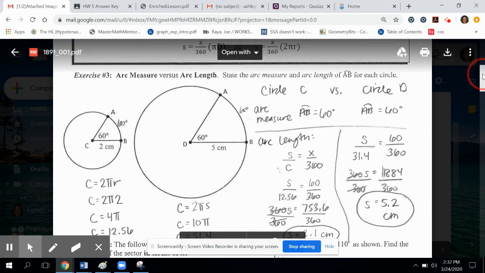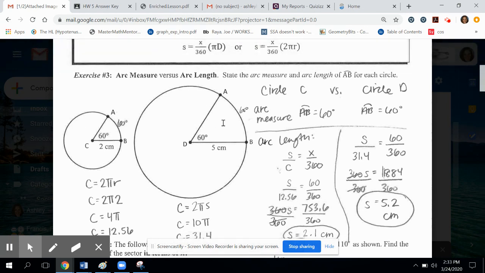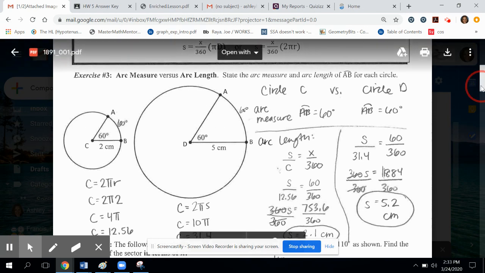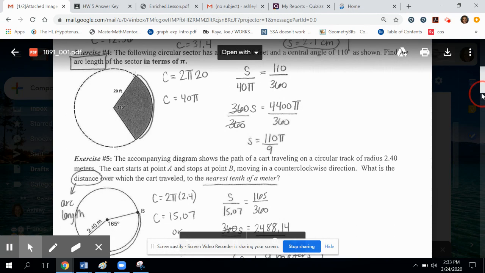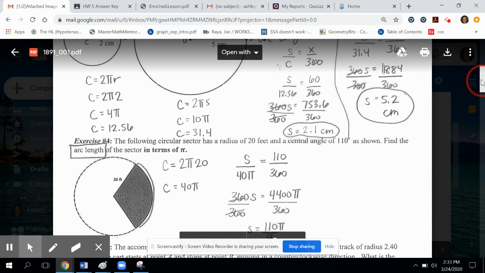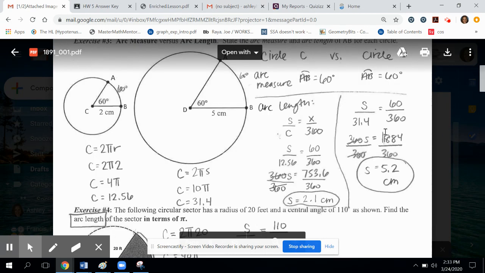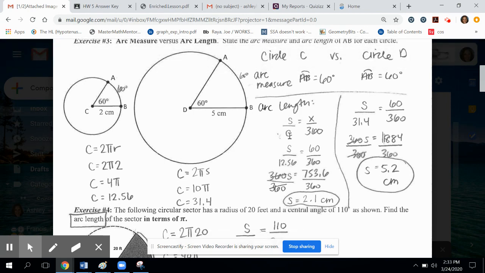The arc length, though, will definitely differ. This one's going to be smaller than this one in terms of length. So what I did, I'm going to try my best to scroll this down carefully. There we go. So what I did is I went after circle C first over here. So I set up my general equation. S is arc length compared to the circumference. And I'm saying that equal to the degrees the arc takes up compared to all the degrees in the circle,